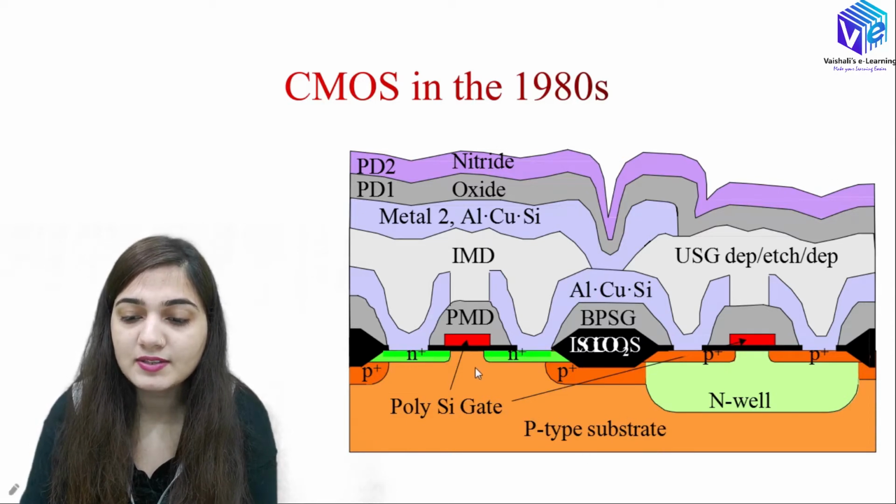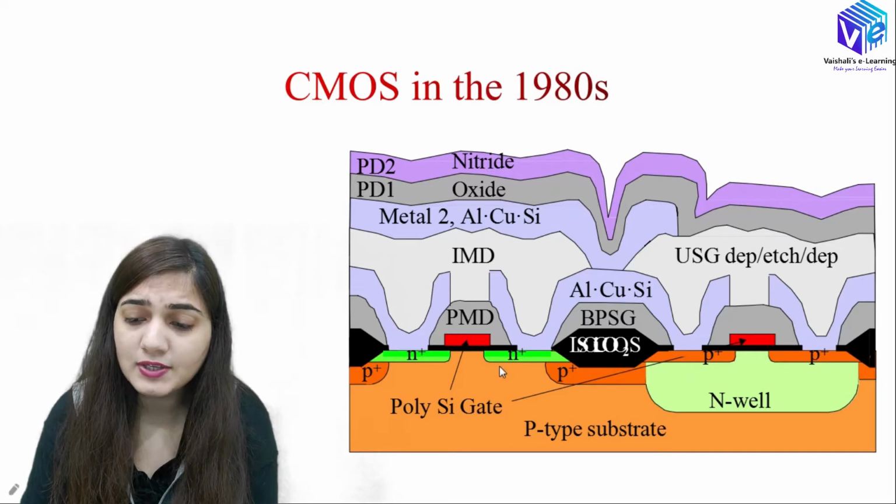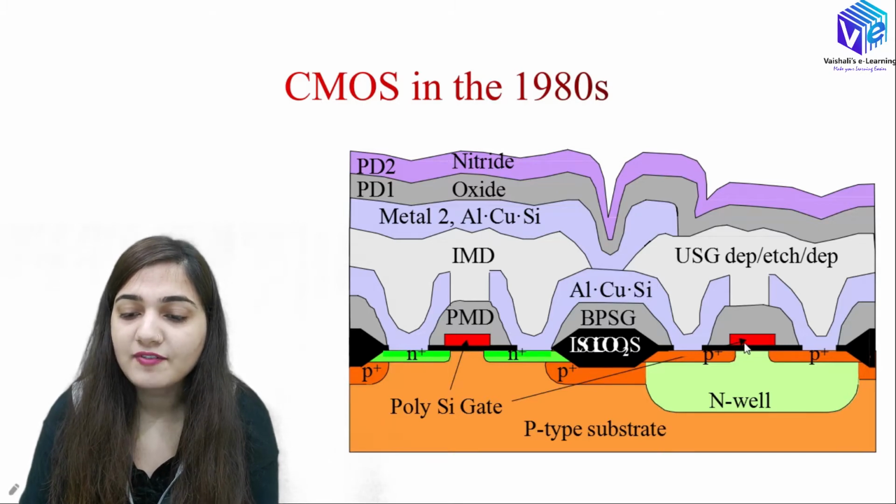And here you can see we have the N plus doped region, N plus doped region. Okay, so this is my NPN MOSFET, and here we have the PNP. Okay, so this is how we will be having our polysilicon gate over the NPN structure as well as the PNP structure. Okay, after that we have the layer of borophosphosilicate glass, and the metallization was done with the